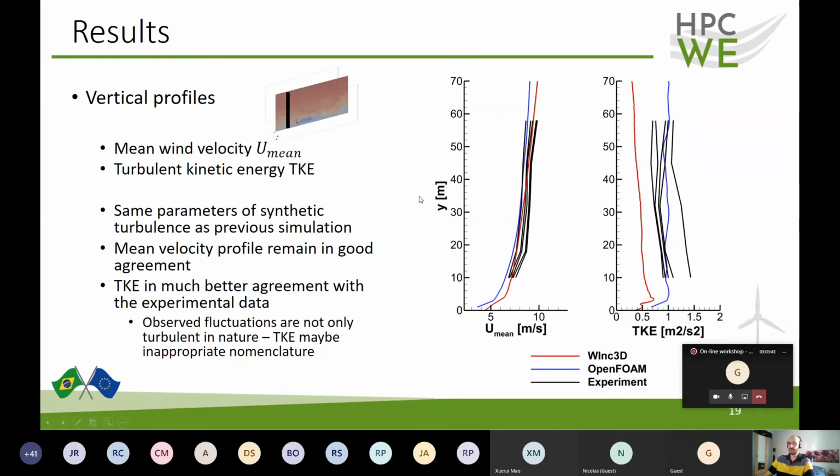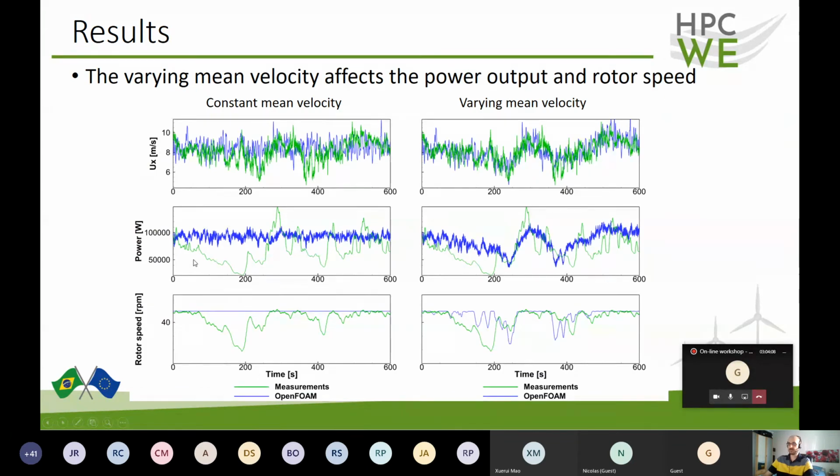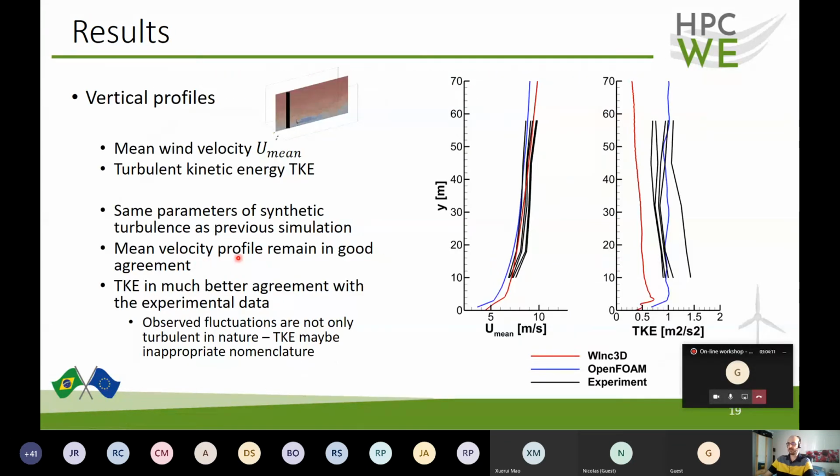It had a good impact in the TKE. We are seeing now the same mean velocity profile and TKE profile, but using now this OpenFOAM simulation using the variable mean velocity inflow condition, but using the same parameters for the synthetic turbulence as the previous simulation. We see that the mean velocity profile remains in good agreement here. But the TKE is in much better agreement with experimental data than before, even though the synthetic turbulence has